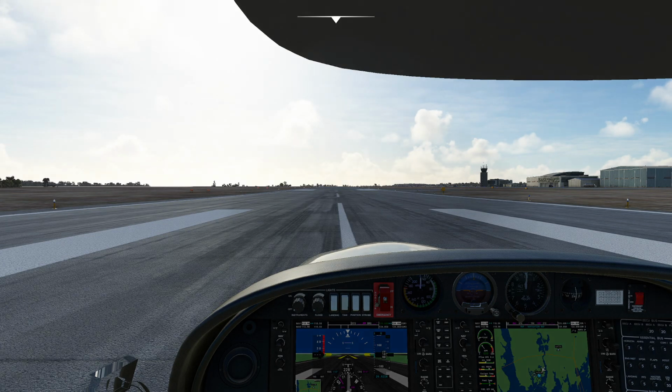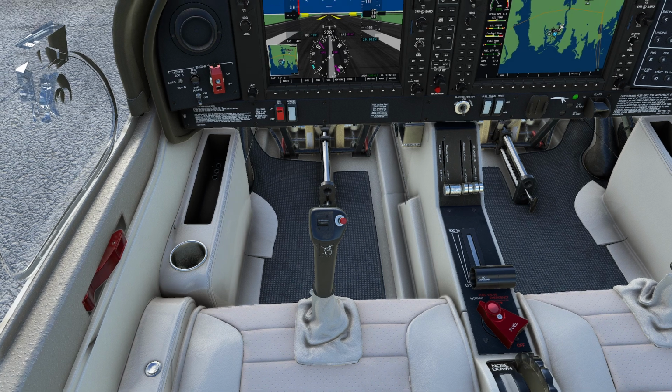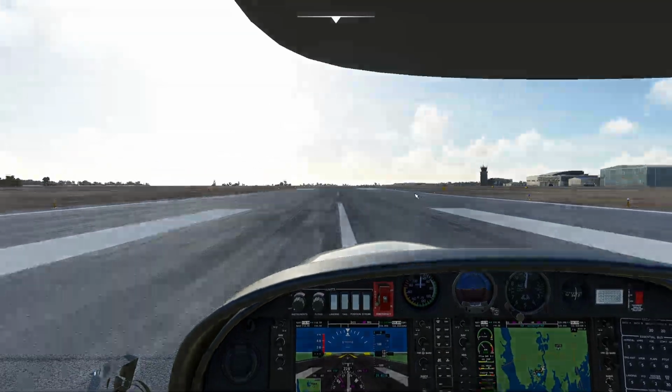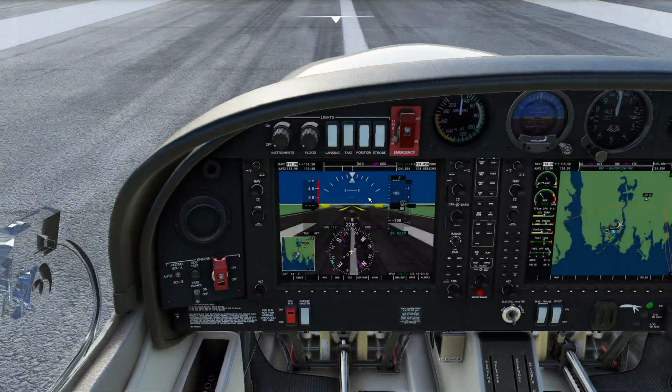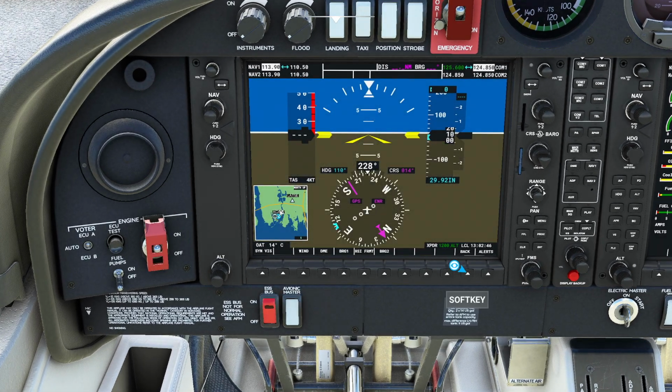So first things first, we have ourselves a lovely Diamond 40. I feel like I never get to fly this thing, which is kind of funny because my current setup right now is actually very conducive to the way the controls are arranged. And I love how simple this airplane is. I like these old school gauges, I can't help myself. But one thing I will do is shut that off real quick,